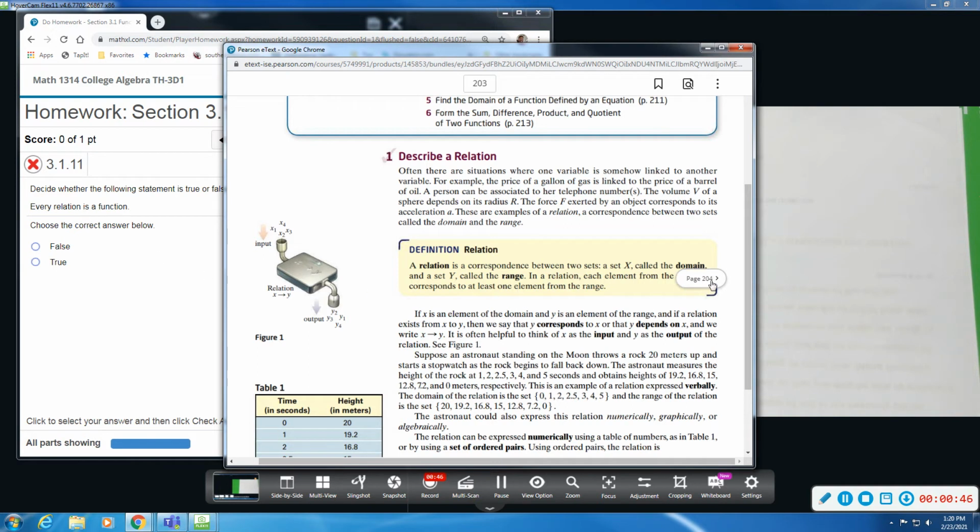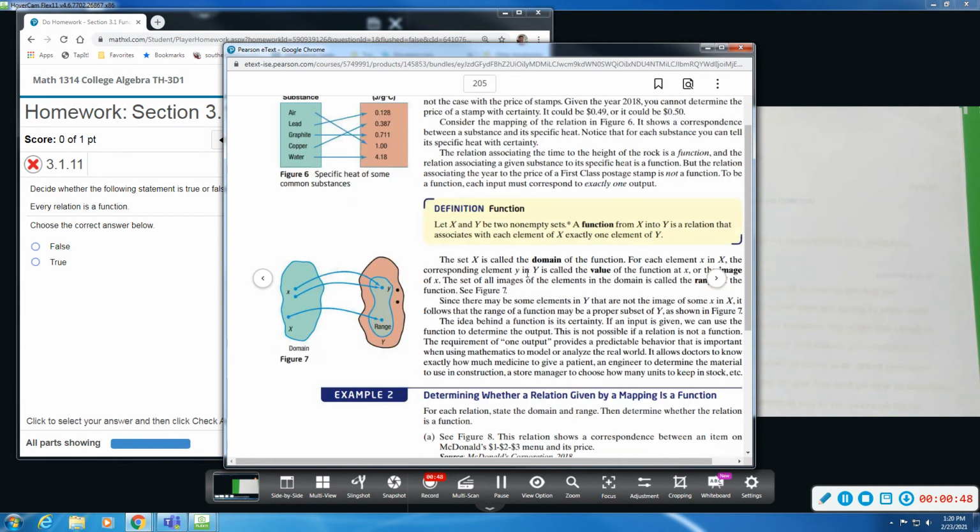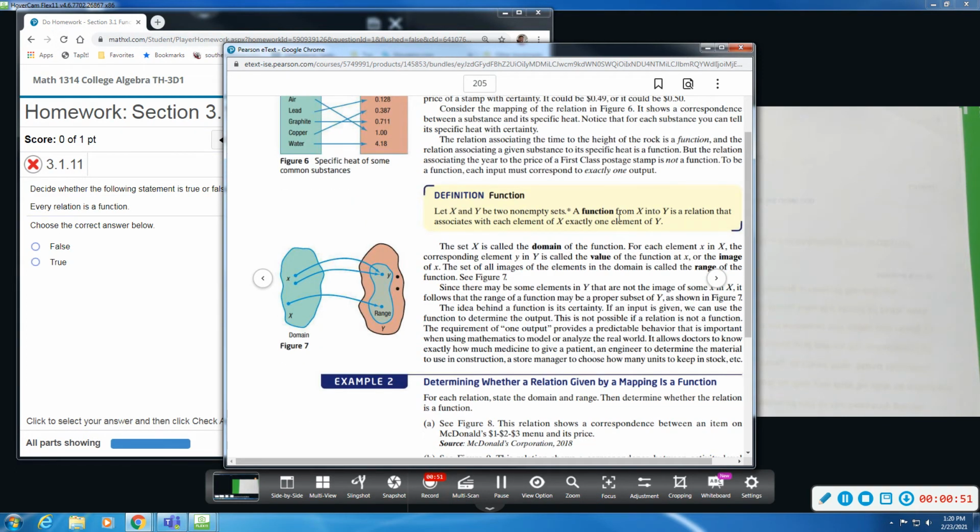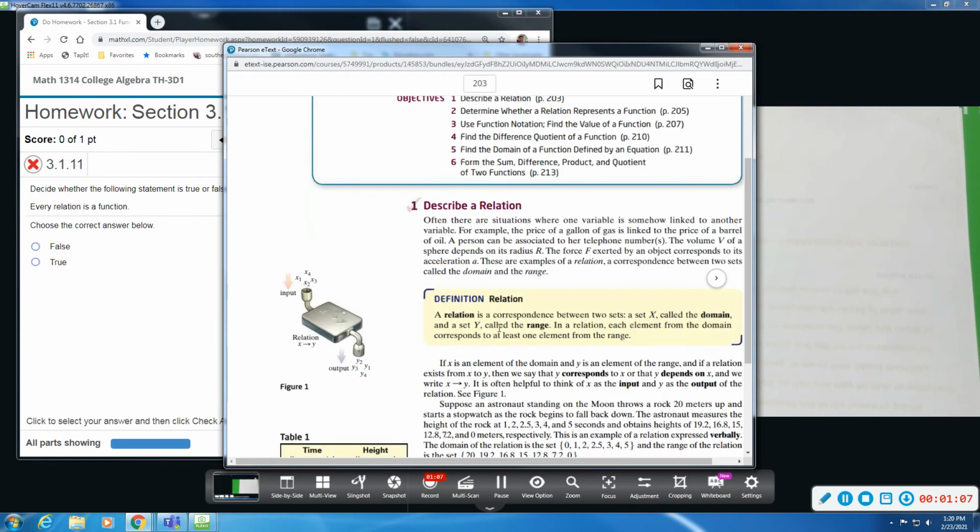Now, if you go over a couple pages, you get the definition of a function. A function from X into Y is a relation. So a function is a relation that associates each X with exactly one. The difference is this one has exactly one, and over here, this one says it is paired with at least one. So this at least one would make not all relations functions,